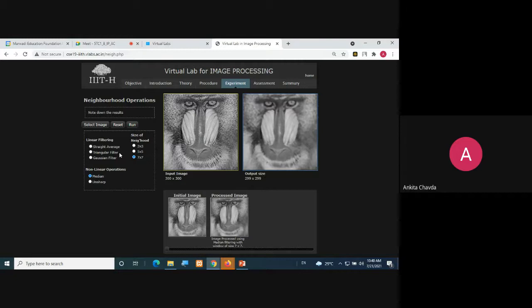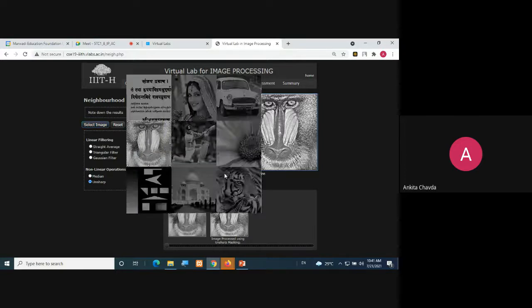Okay? In the same way you can apply this unsharp, that is also a filter, right? Not for salt and pepper, huh? Their purpose is actually different. This we use in the frequency domain, and we will learn more about this unsharp, but you can check this. Much better image, right? In the same way you can select this tiger image again and check this.